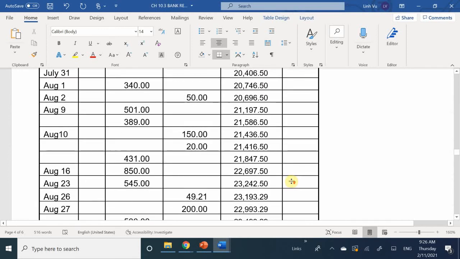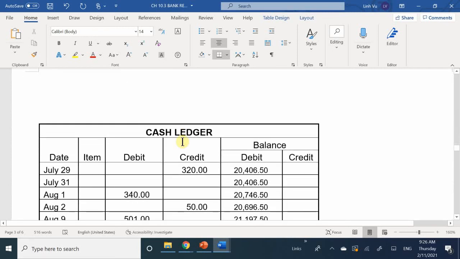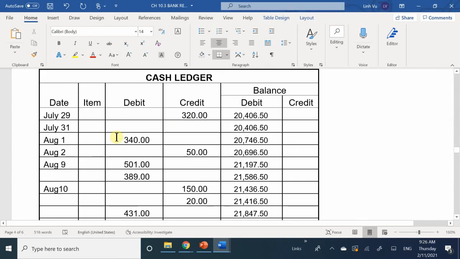So let's see how much the bank actually cleared, because again, the bank is most likely right. How much did the bank clear? $430. So what's my discrepancy between 430 and 340? $90. So in this case, the bank knows that I deposited $430. But what I wrote in my books was $340.